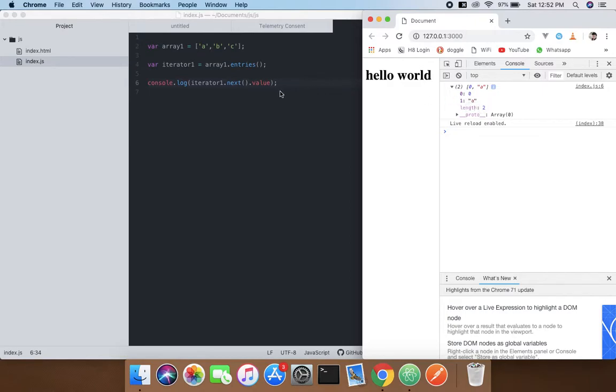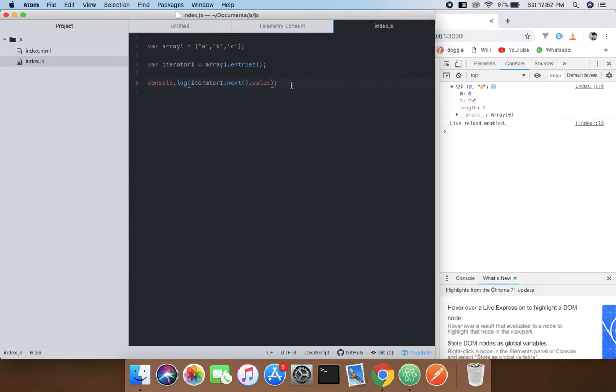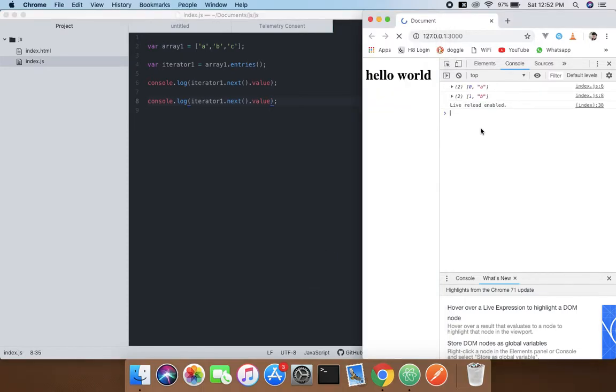It will find that, and if we do next again, we can do another iterator1.next and .value. When you do that, you get 0 A and 1 B, and